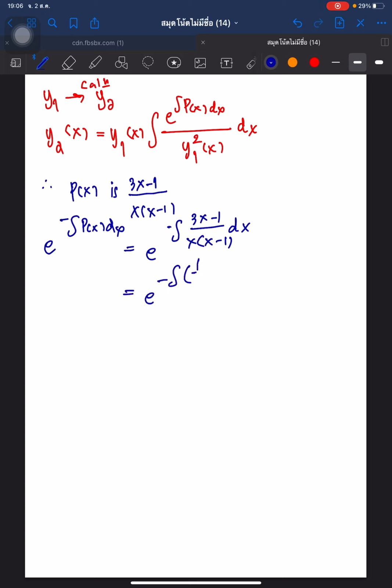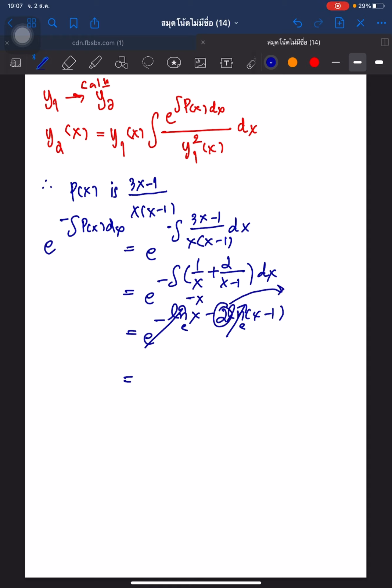We separate the fraction, we get, okay, minus 2 log x minus 1, and we know this logarithm term, we get minus x, and this is the exponent of the term of x minus 1. After that, we put it below, we get,